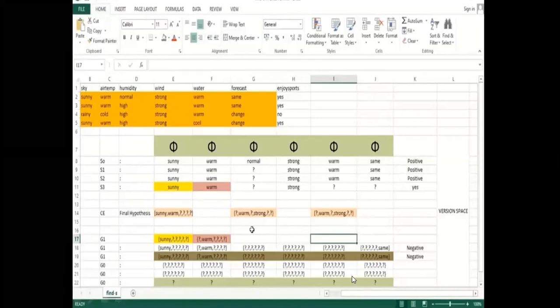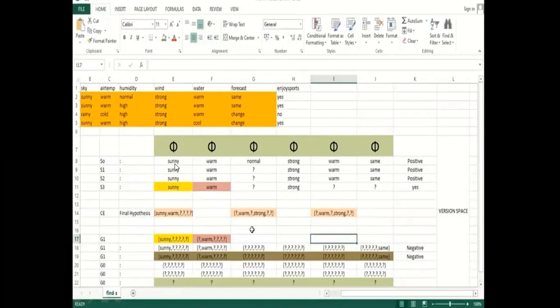Now I consider the next record. Before going to this, note that there is no replacement for the first record, because it is the first record we have assumed. Since there are 6 attributes over here, you put 6 question marks.